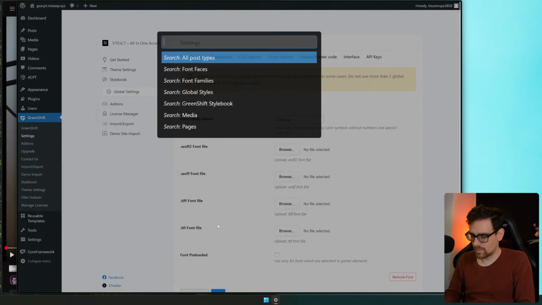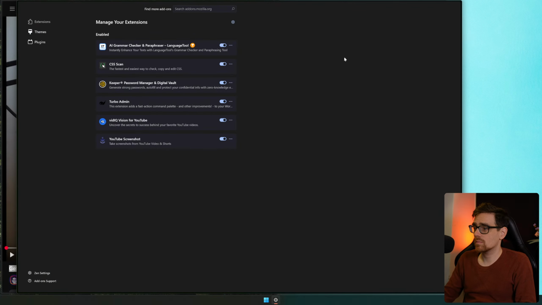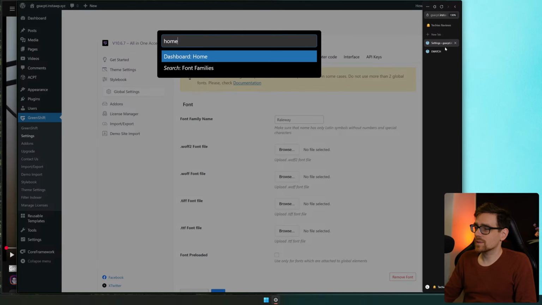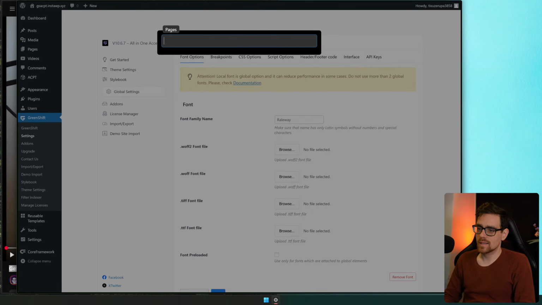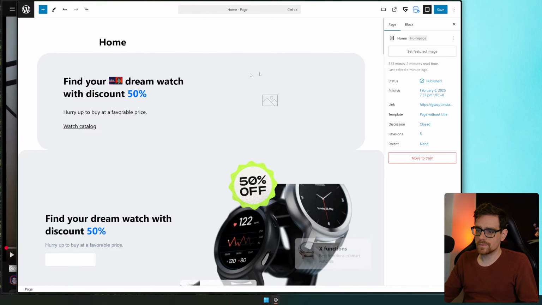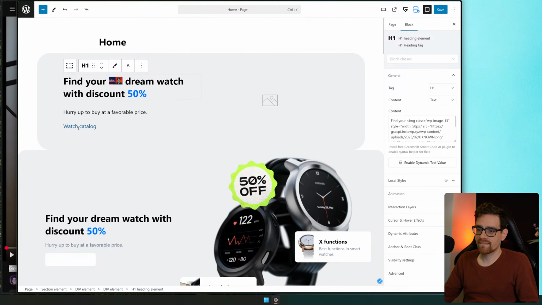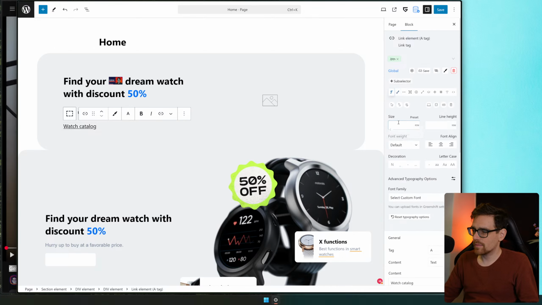And let's go back to our page. So let's go to... Oh, that's not what I wanted to go to. Pages and then home. Let's go there and edit it. And in here we have still button, but do we have our preset now? Yes, look at that. There's our presets. I love that you see the sizes of